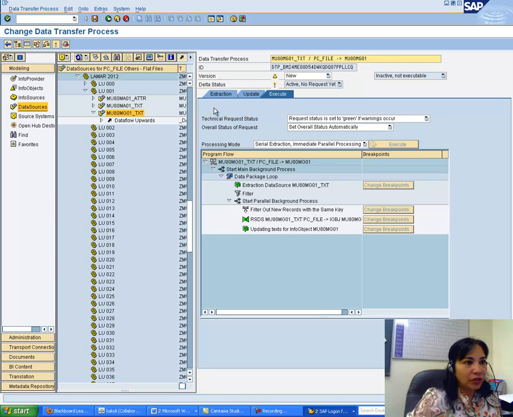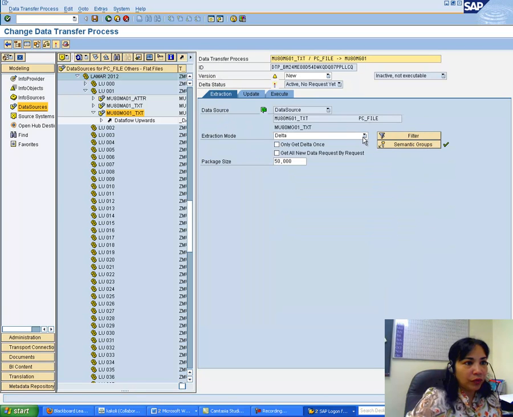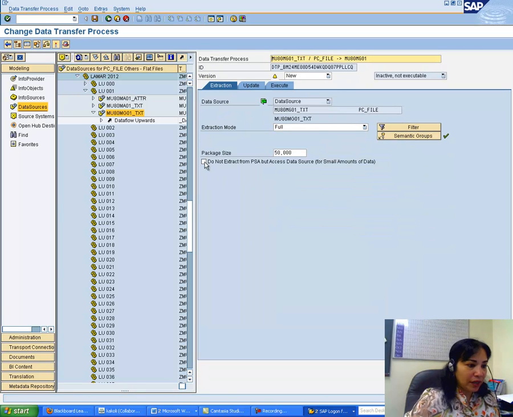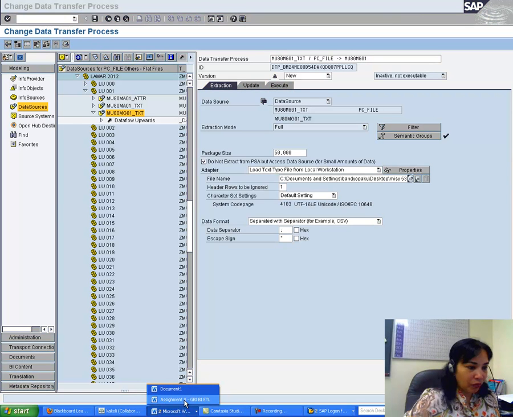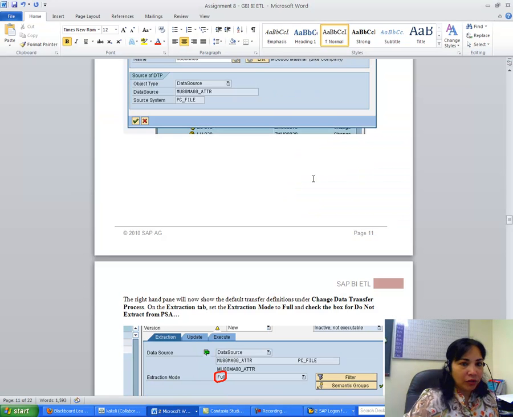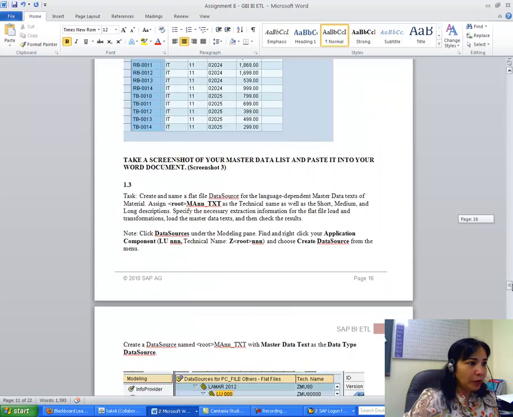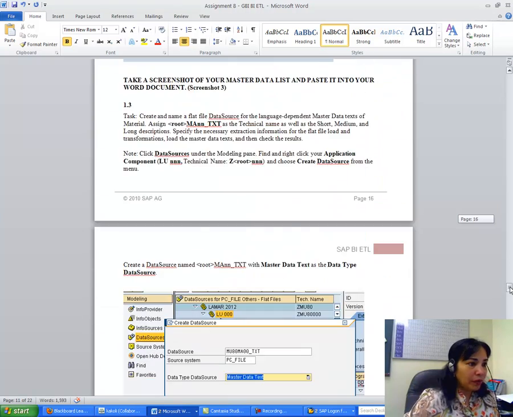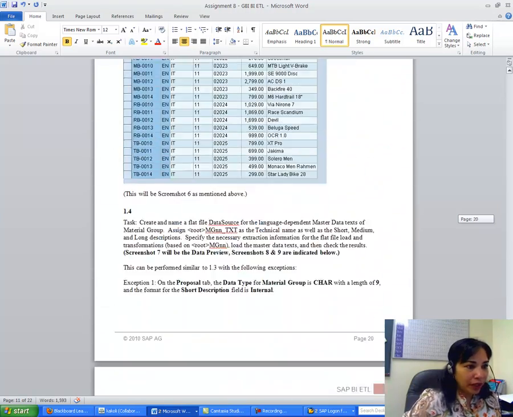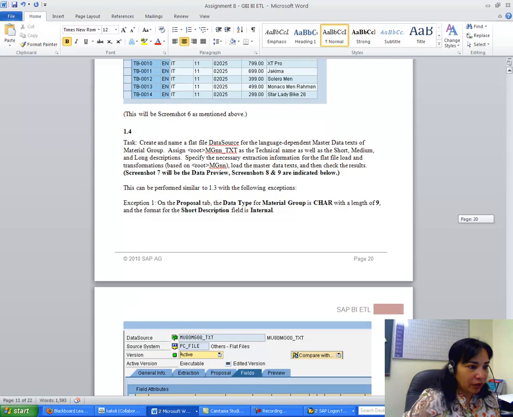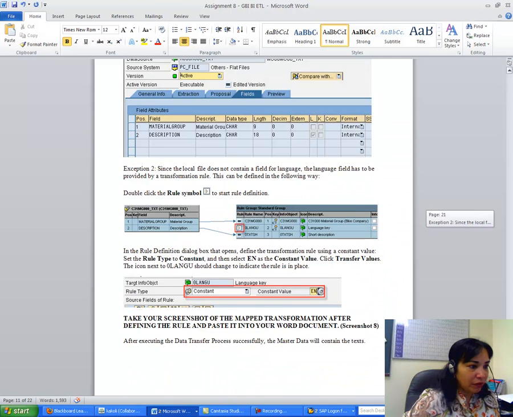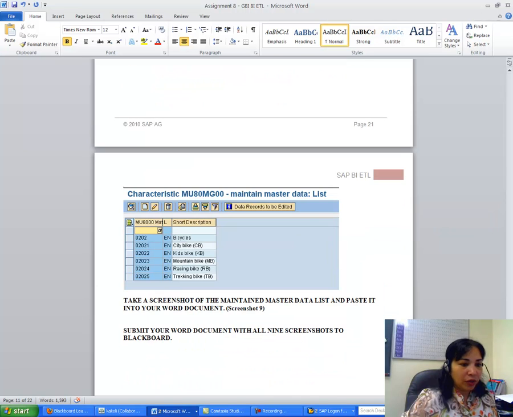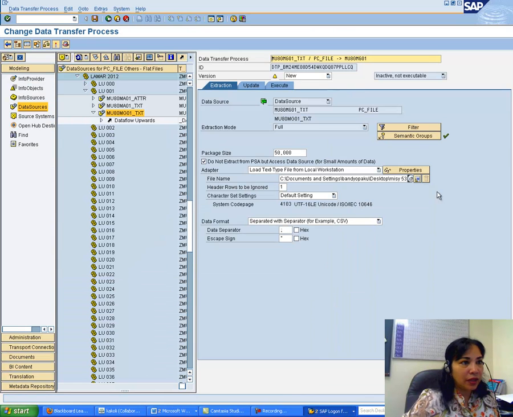I just click on this. Okay, then I have to go to extraction. Extraction mode is full. I do have to do PSA. Just let me check for one time if there is any exception. In 1.4, I'm checking. Exception 1 has been taken care of, exception 2 has been taken care of, and there is no other exception. So I just go to this, then I go to